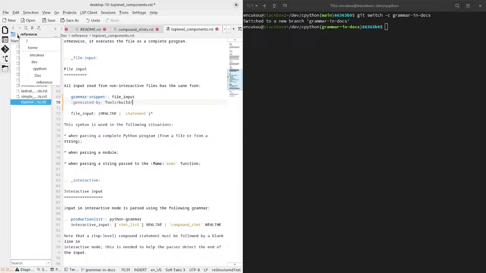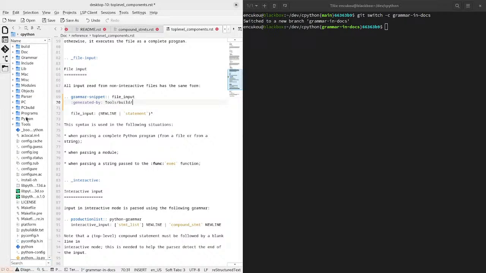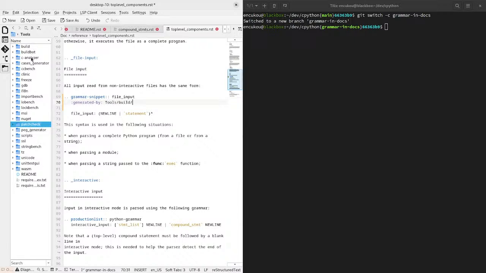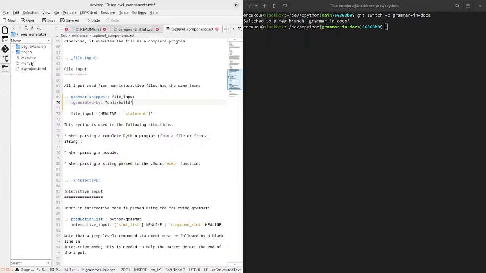Let's see, there's CPython tools build, tools spec generator, and a script in here. So tools